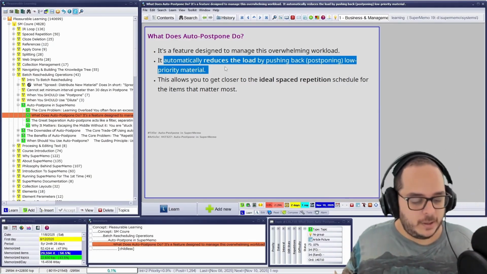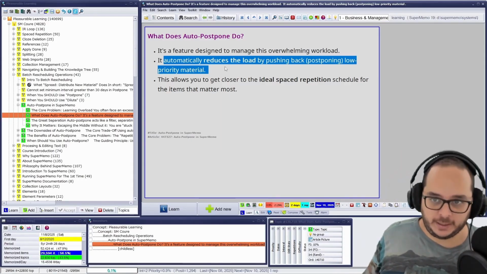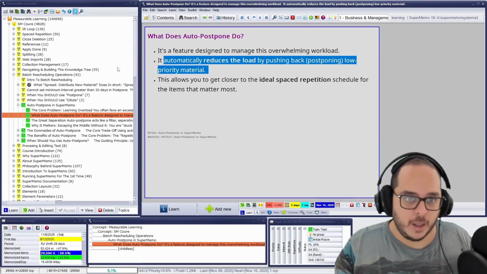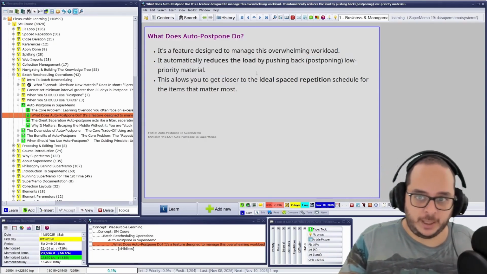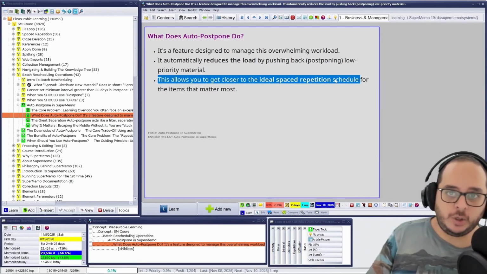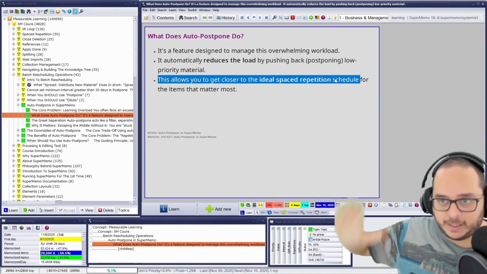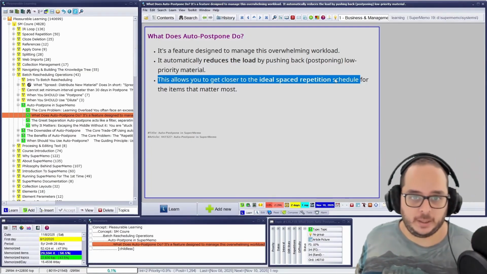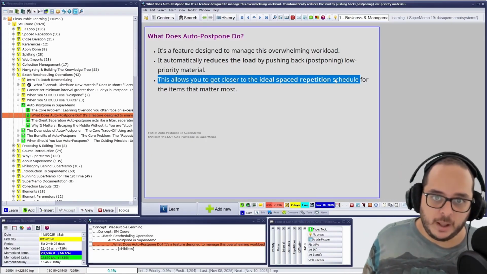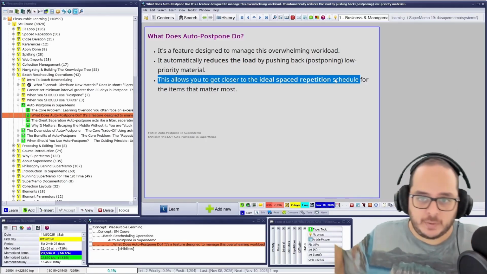But again, the user in SuperMemo has a lot of power, and you can neglect this if you really want to. This allows you to get closer to the ideal spaced repetition schedule, so you actually do the repetition on the day that is scheduled, that becomes outstanding, for the items of higher priority, the ones that matter the most.